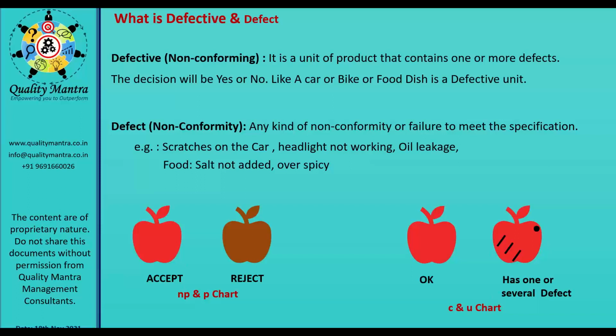Defective is basically non-conforming. Okay, the product which does not meet the requirement, you term it as a non-conforming product, or you can say defective product. It can contain one defect, it may contain more than one defect, but the ultimate decision was rejection. Okay, after rejection, you may have reworked it, you might have downgraded it, you might have used that product for an alternate application. That is a different story.